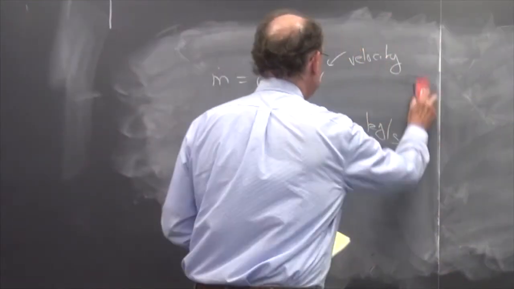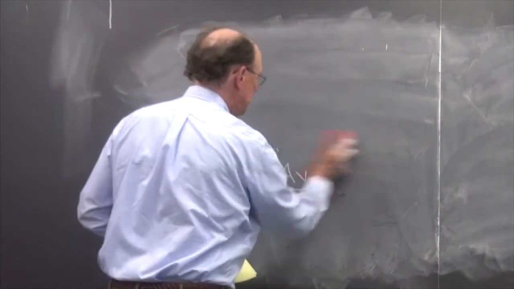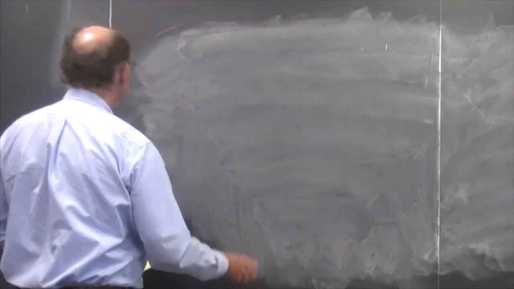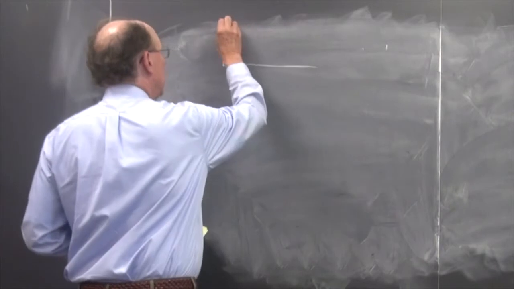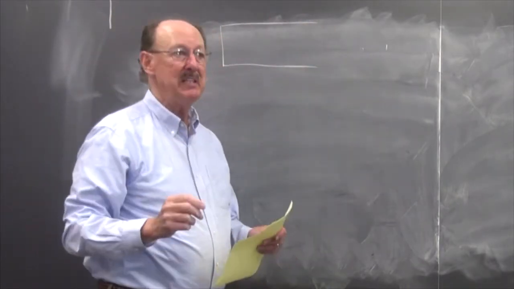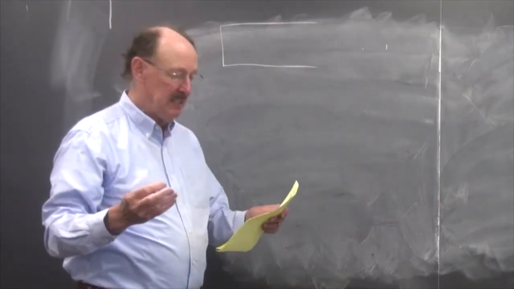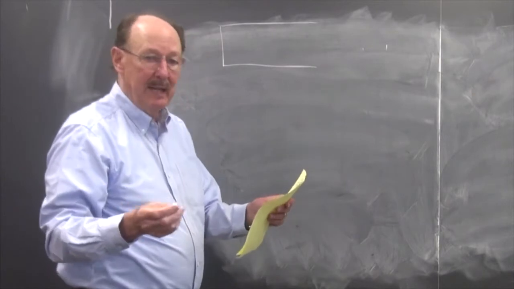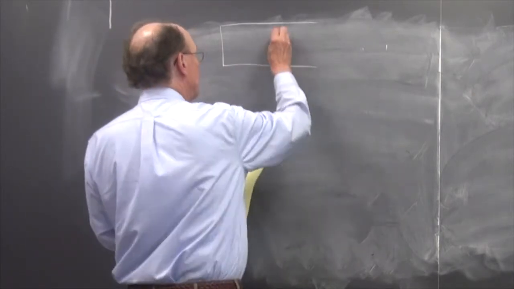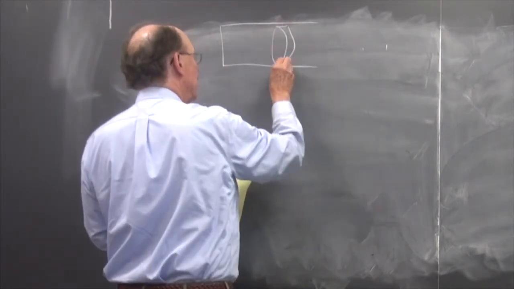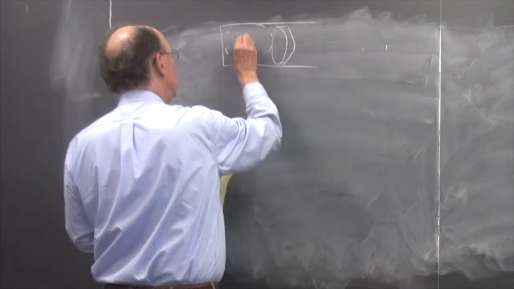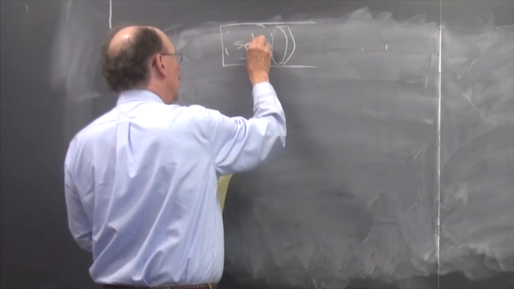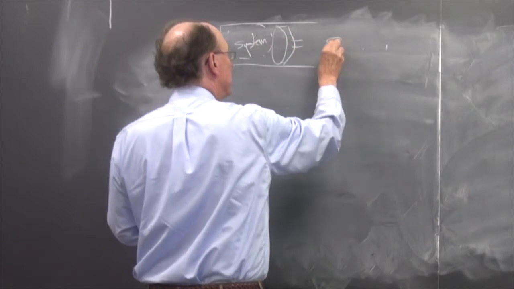Let's draw a piston cylinder. We're going to use piston cylinders a lot in this course, simply, and part of why we use them is it enables us to visualize things simply, and that helps with what's going on. So I have a piston cylinder, I'm going to have my system, I'm going to have the surroundings,